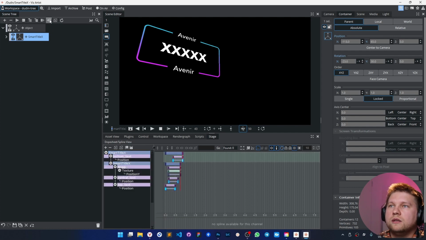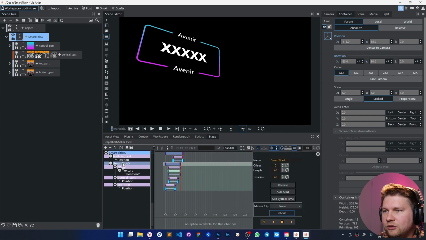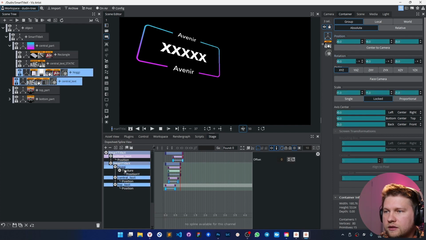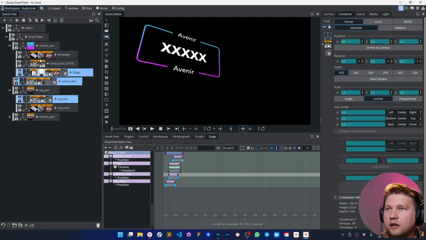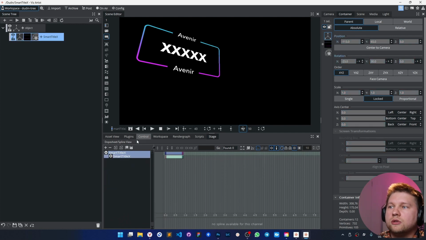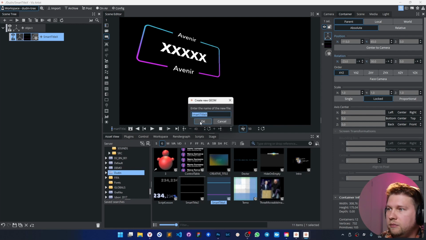we can split it. And yeah, by the way, why does it have two directors? Doesn't matter. We can fix this. Let's move this animation into one director, and now just merge it again and make a, yep.